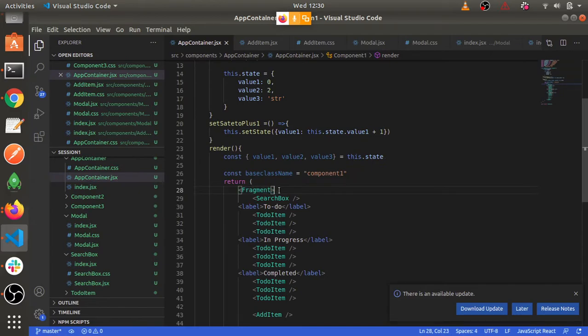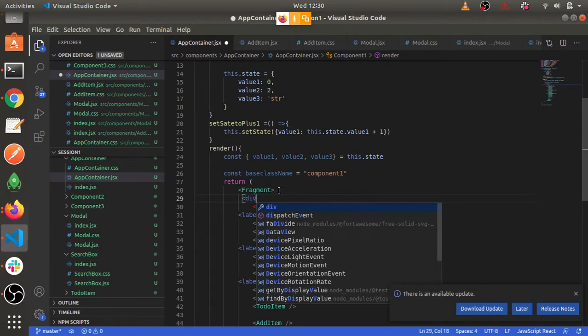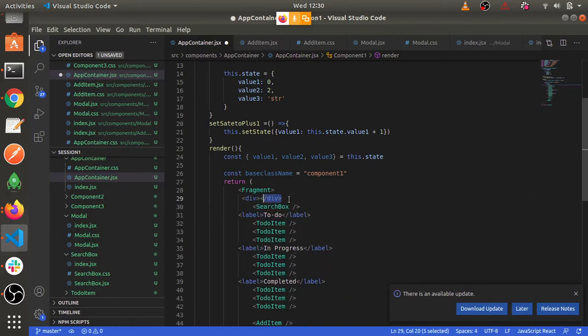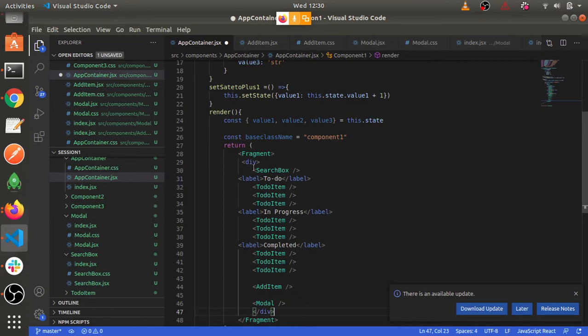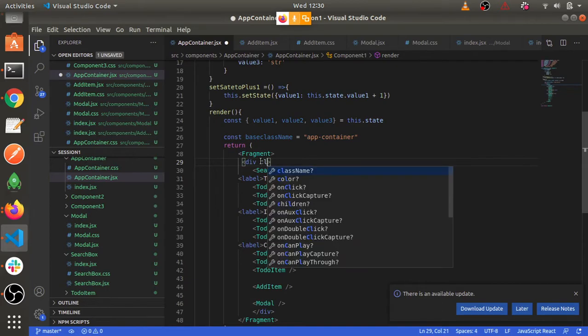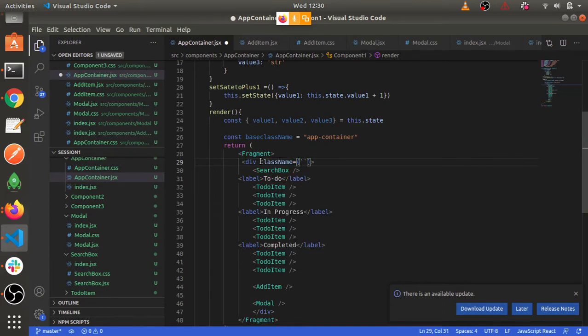It is not given, so I'll wrap everything inside a div with the base class name, and I'll give it position relative so that it will start working.